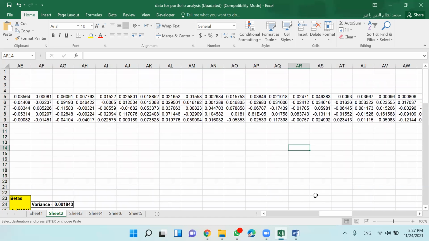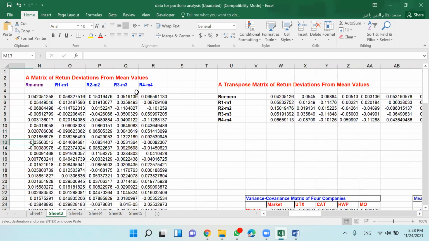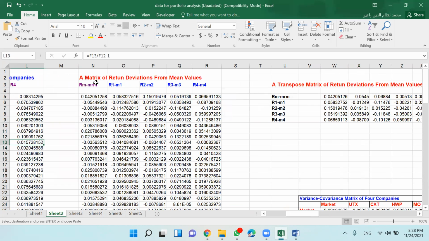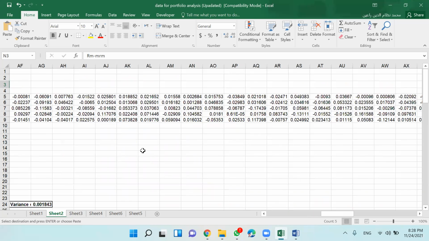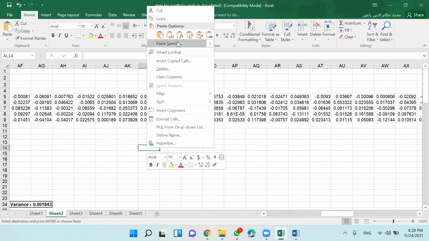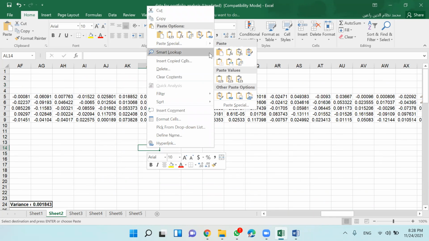So let me create a variance covariance matrix in a separate space so that you know how we do that. It will be easier for you because this is a solved question. So what I am going to do is copy this and paste it here.